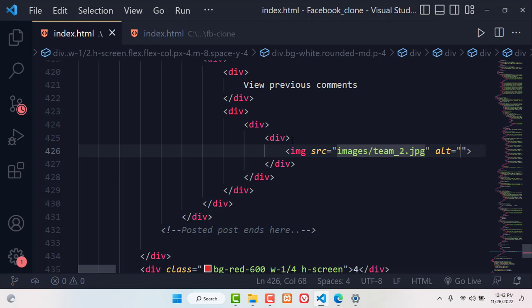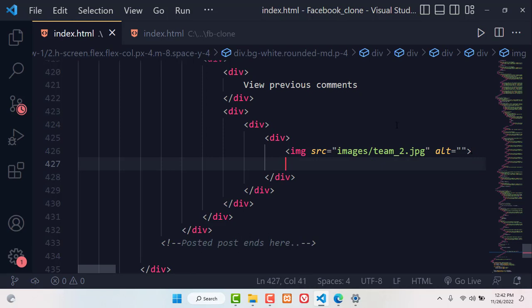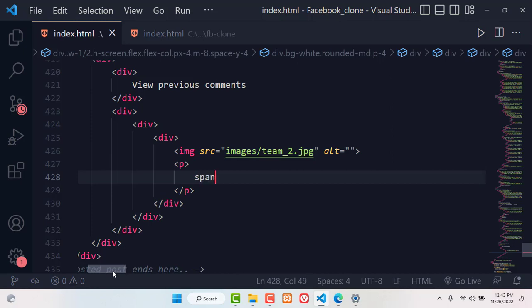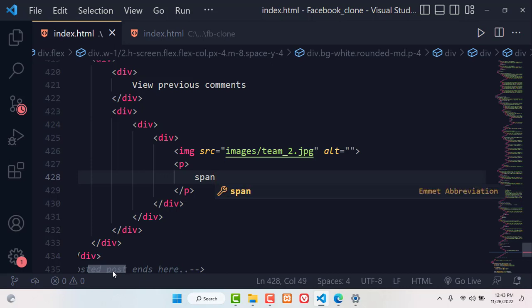So we'll be styling that in a minute, but just below that now we want to have the comment itself, and the comment itself we're going to have it in a paragraph. So I'm just going to have a p tag, and within that I'm also going to have a span. So this is now the one that is going to house the name. So here maybe we can have the name,